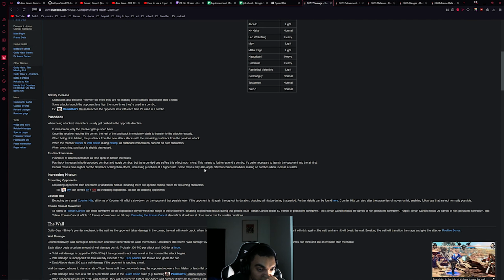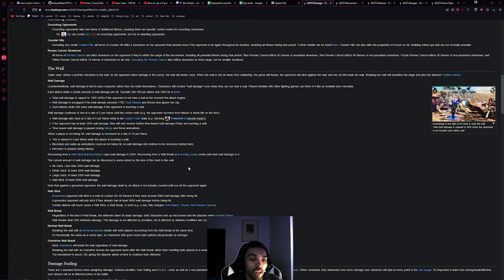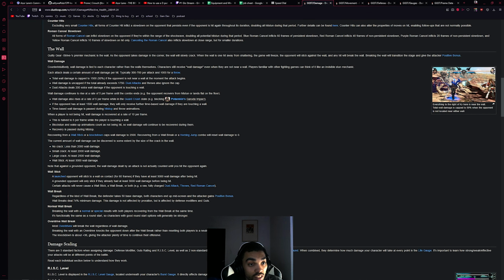Going back, we will have the wall. We already talked about that. The wall breaks. Again, you can look at the damage of it, where it says the total wall damage is capped at 50%, which means you can only do 50% damage. This is another mechanic where, when you break the wall, you'll do damage to the opponent, but it will cap out on how much damage you do,